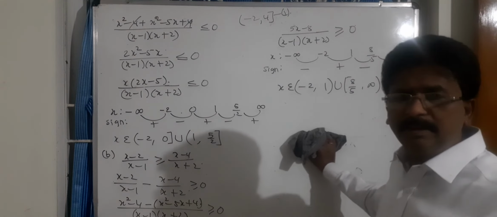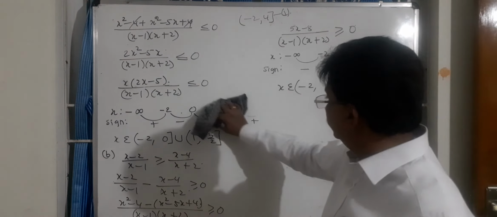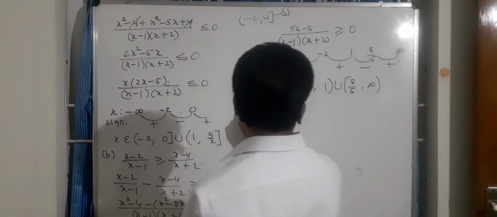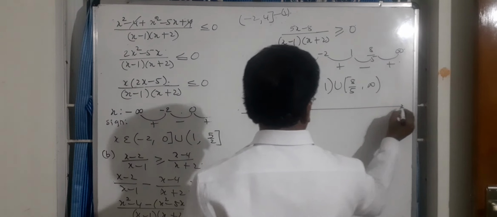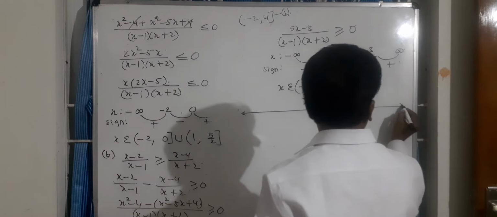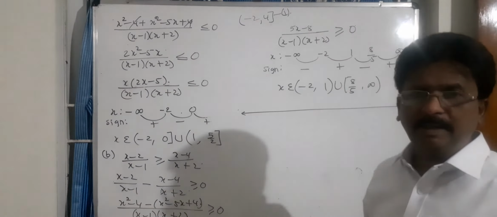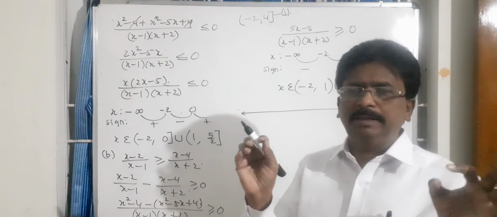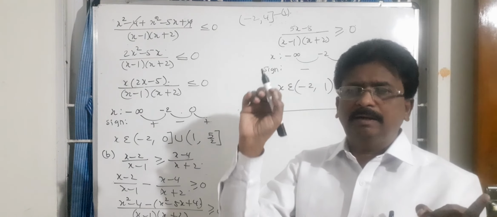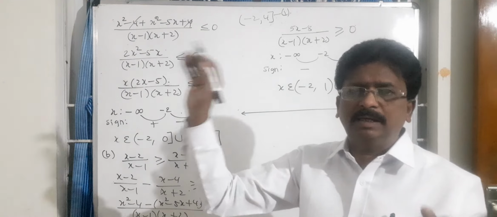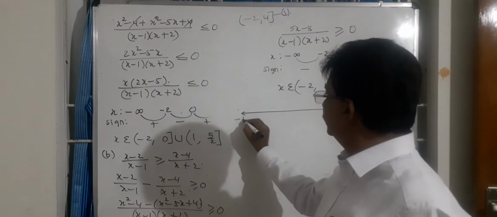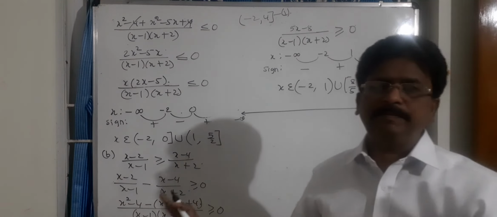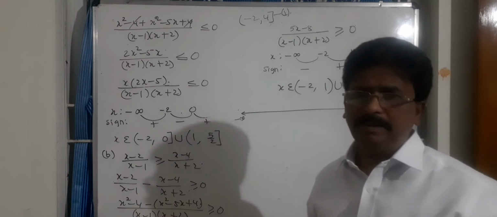I will say one method. Let us draw a horizontal line to find the union. This line is called the number line. Number line means nothing, just on a line we identify all real numbers as points on the line. So here minus infinity, put plus infinity here, every real number lies between minus infinity and plus infinity.